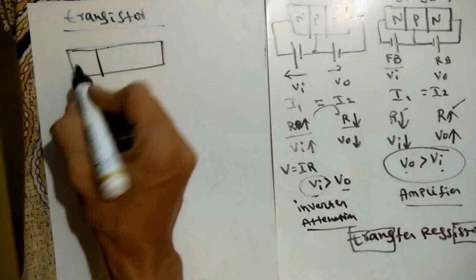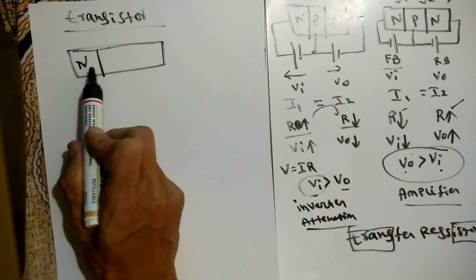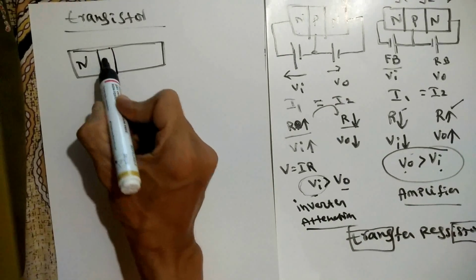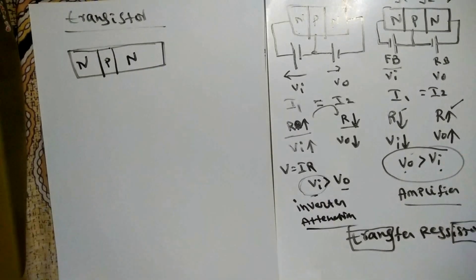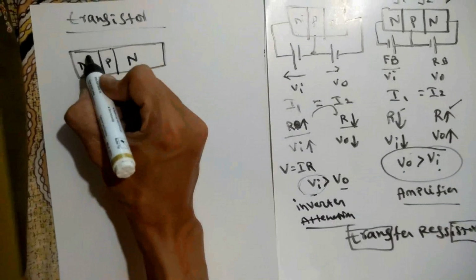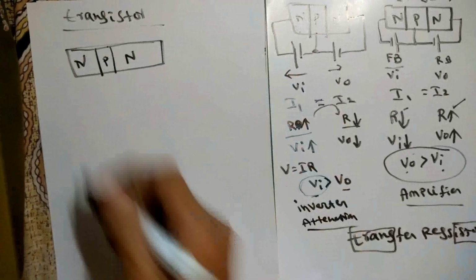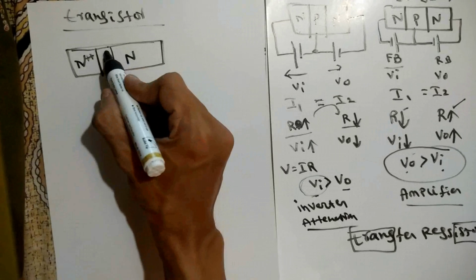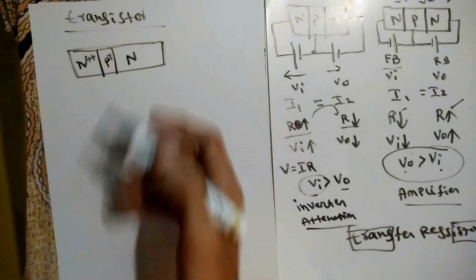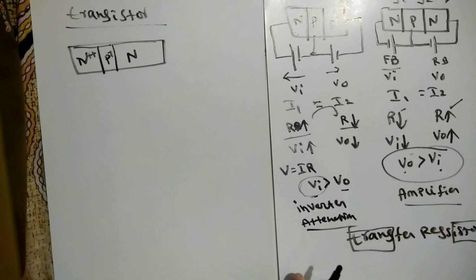So when you are writing a transistor, you have to care about that. N is the medium, P is very small, and N on the other side is a very large area. So here we are going with the particular area-wise view. Another one is doping. If I write plus plus, it is very high doping. If I write plus, it is a medium level doping. If I have not written anything, it is very small or normal doping.